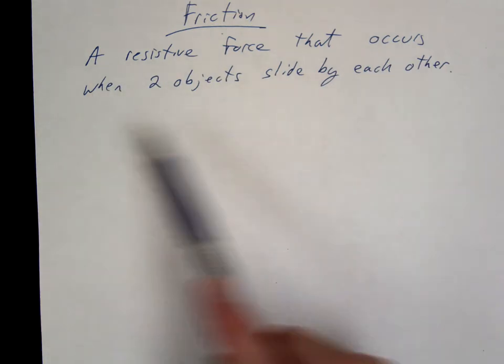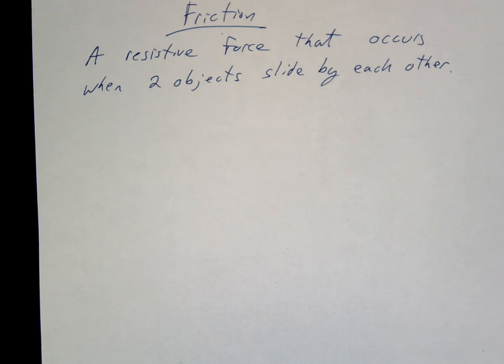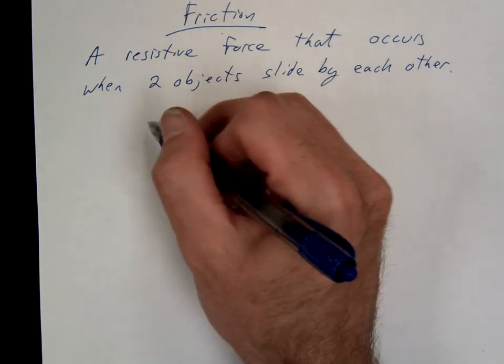So the resistive force that occurs when two objects slide by each other, we call that friction. It's always resistive. So if an object's moving one way, then friction would be the opposite way. The reason for it in the first place, like why there is this resistive force, let's take a look at